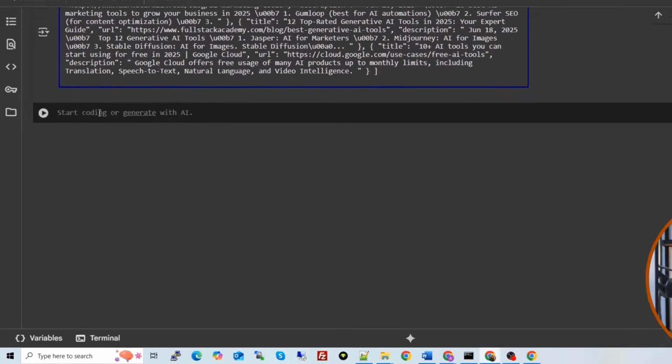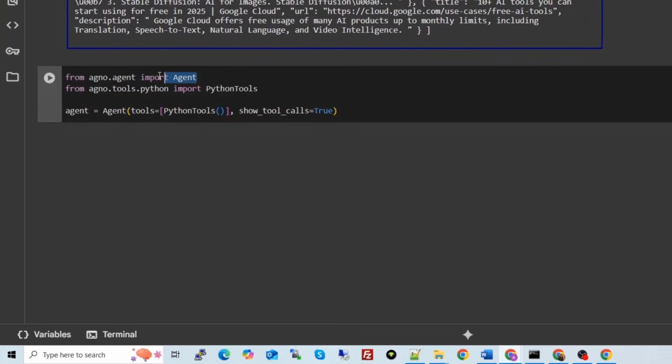So you will write this code. First, you need to create an agent, because inside the agent we are going to use that tool. And then we are importing the Python tools. See, this is a predefined tool again, so the code is already there. You just need to import it, Python tool from here. And then creating an agent, passing this tool to the agent. Which tool? Python tool.